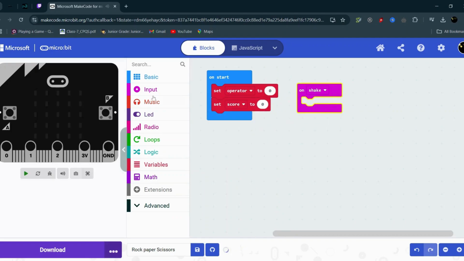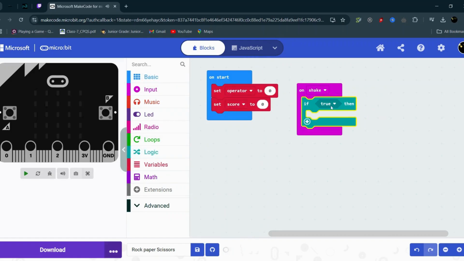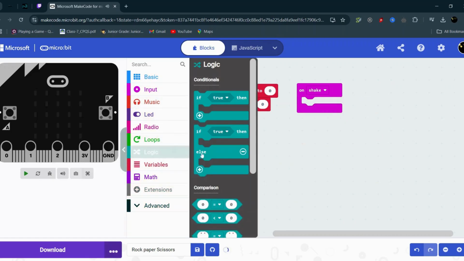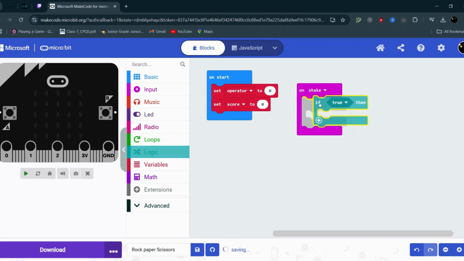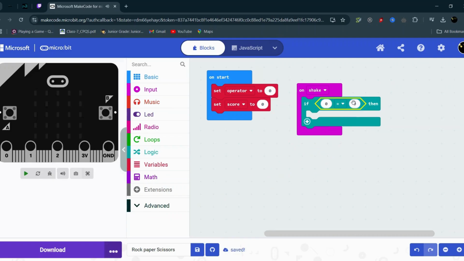Cool. Now on shake, logic, if true. We're not going to use the if true else option in case you have any other project where you have to do else; then you press this button, else if, and so on and so forth. But I'm just going to use the if true option. Now a comparison, which is 0 equals 0, but I'm going to have operator equals 0, then